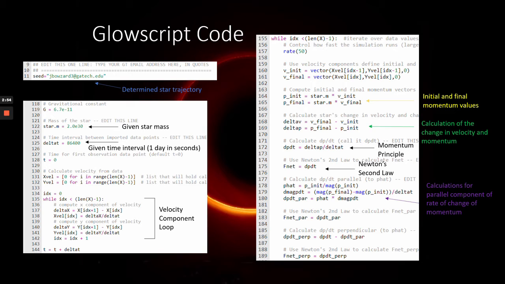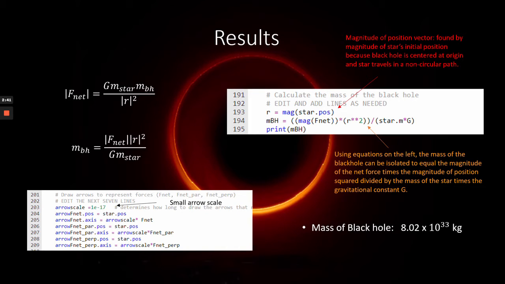First, I determined p hat, which is the unit vector for the star's initial momentum. Then, I multiplied this value by the change in momentum's magnitude over time, which results in dp over dt parallel. Using Newton's law of gravitation previously defined, I solved for the mass of the black hole in terms of variables that Glowscript can find. The r value on the right is the magnitude of the position vector, which is simply the magnitude of the star's initial position